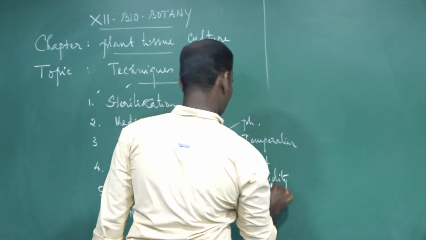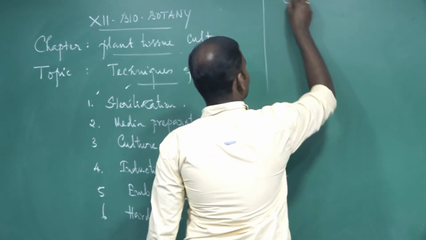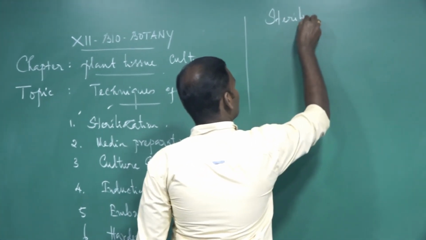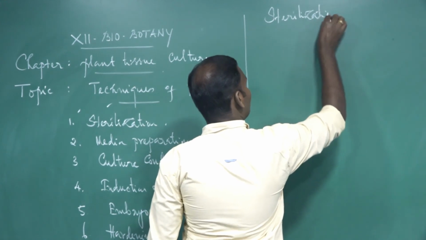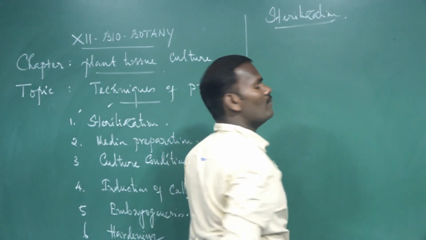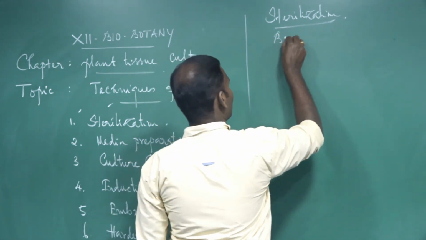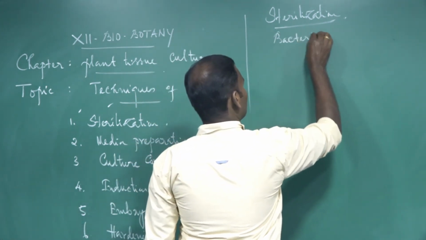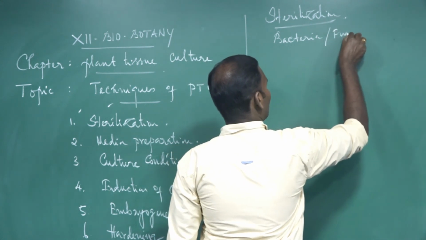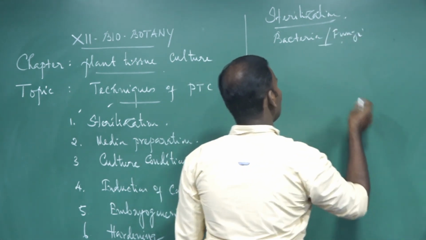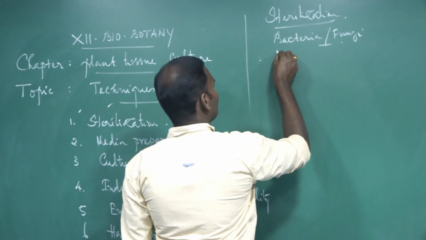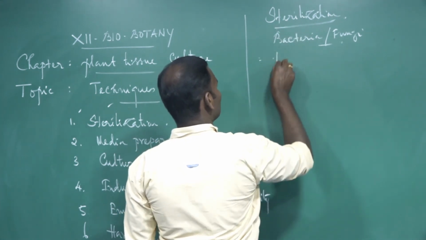The first, sterilization. Sterilization is a technique that is applied to get rid of microbes such as bacteria and fungi. That is, how to kill the bacteria and fungi which are present in the plant material, I mean the explant,